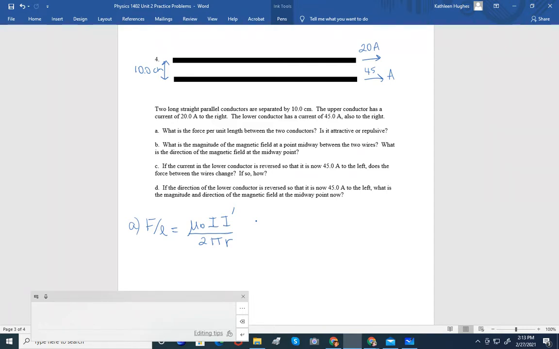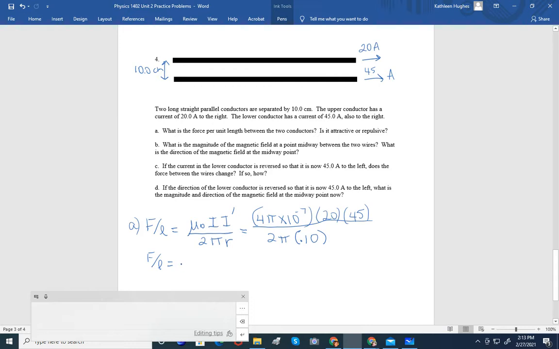And that is correct. So we've got that force per unit length. We just have to plug in all of our quantities. That's 4 pi times 10 to the negative 7, 20 times 45, over 2 pi. The distance between them is 10 centimeters, so 0.10. If I put all of that into my calculator, I get that force per unit length